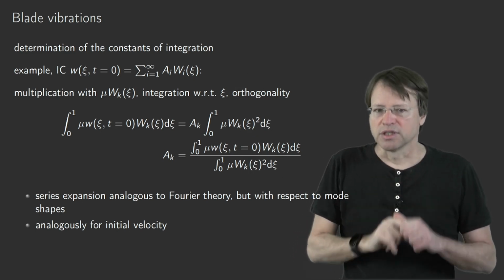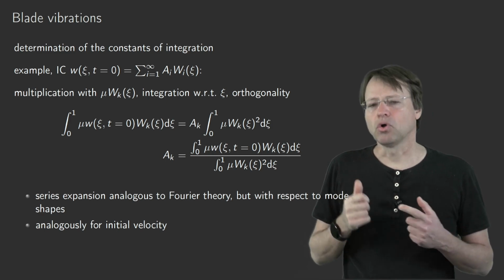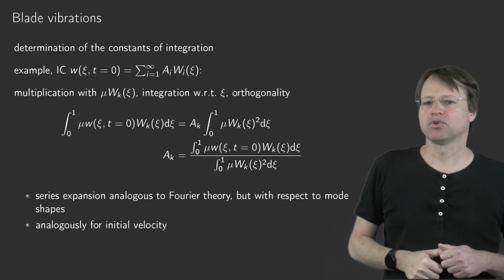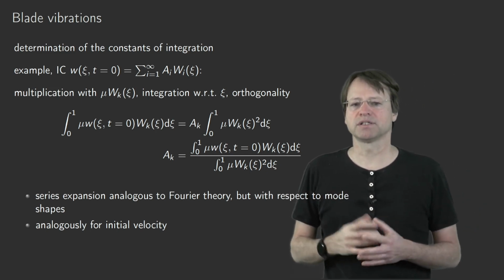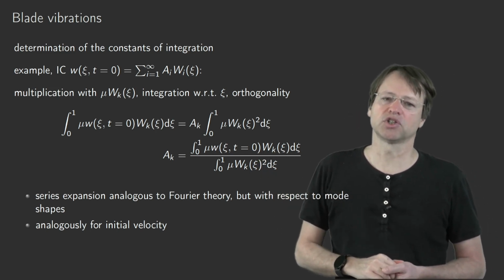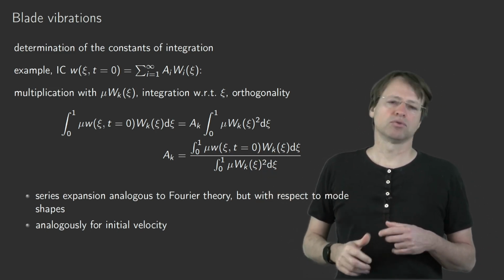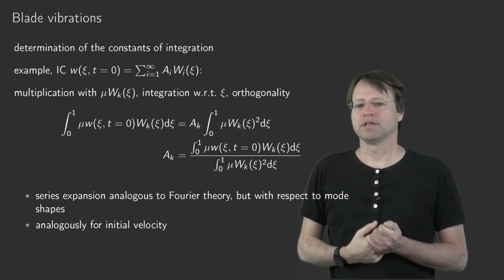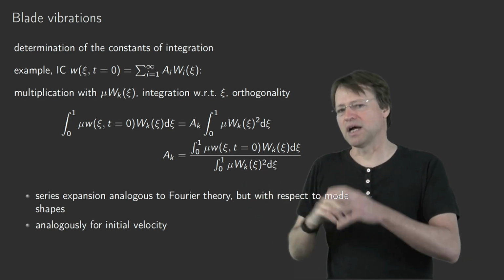Now the next question is, well, not only the determination of the integration constants is a little bit more complex here due to that orthogonality relationship, but the mode shapes look more difficult, and also the determination of the natural frequencies, or first the eigenvalues,